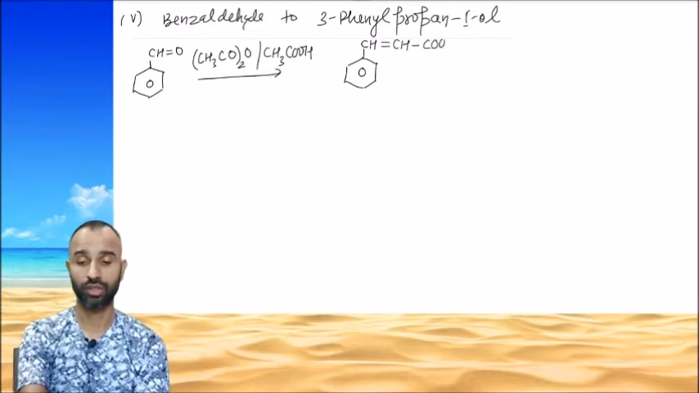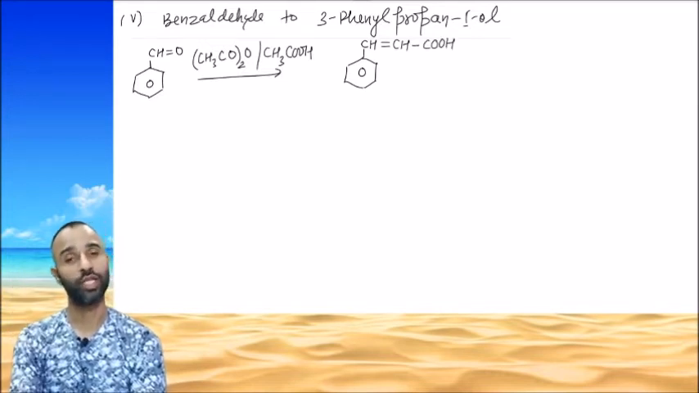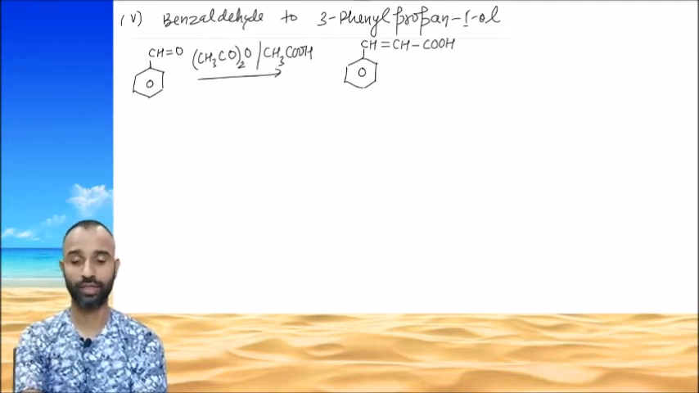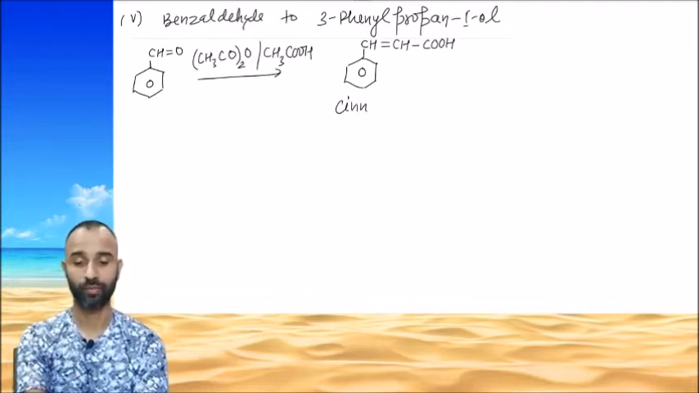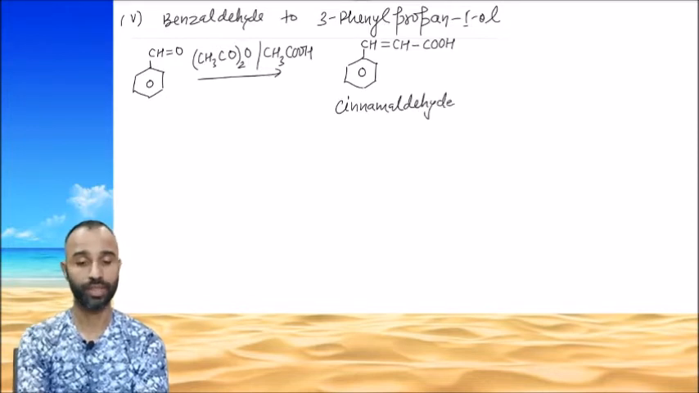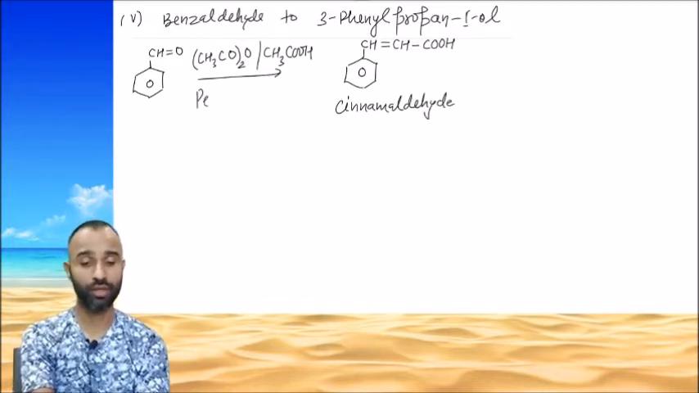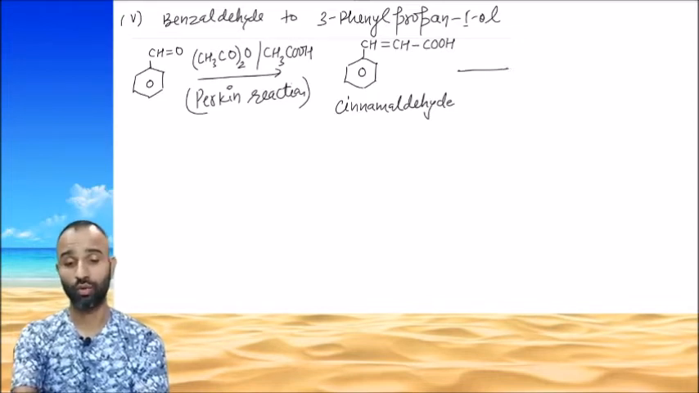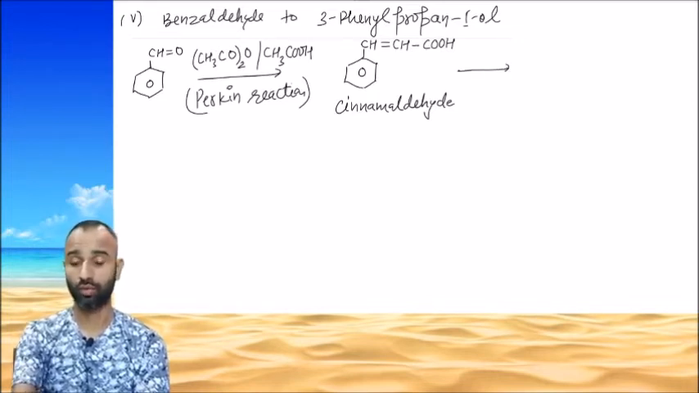When we use acetic anhydride in sodium acetate, we get CH=CH-COOH. We get this product, cinnamic acid. This is called Perkin reaction. Keep in mind, this is called Perkin reaction. Now, to convert it,